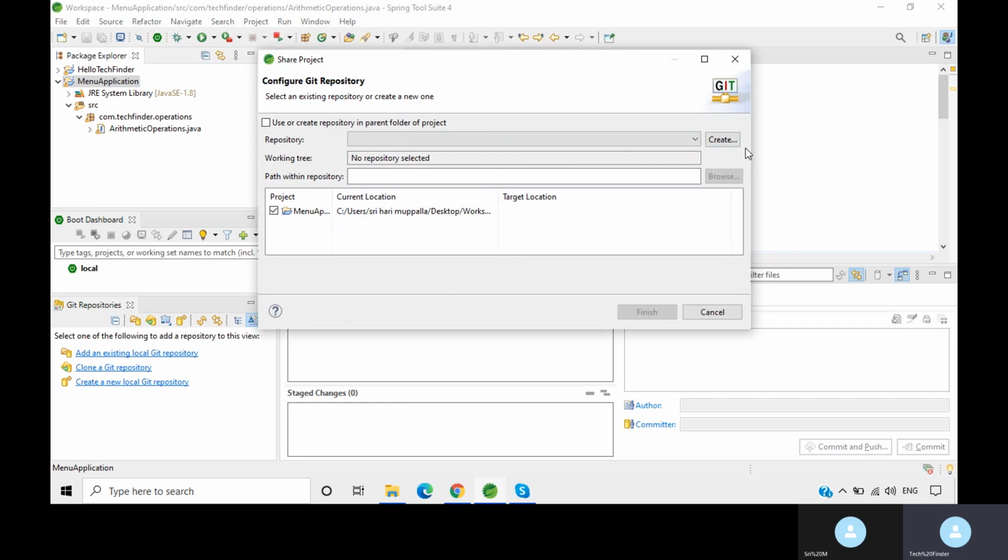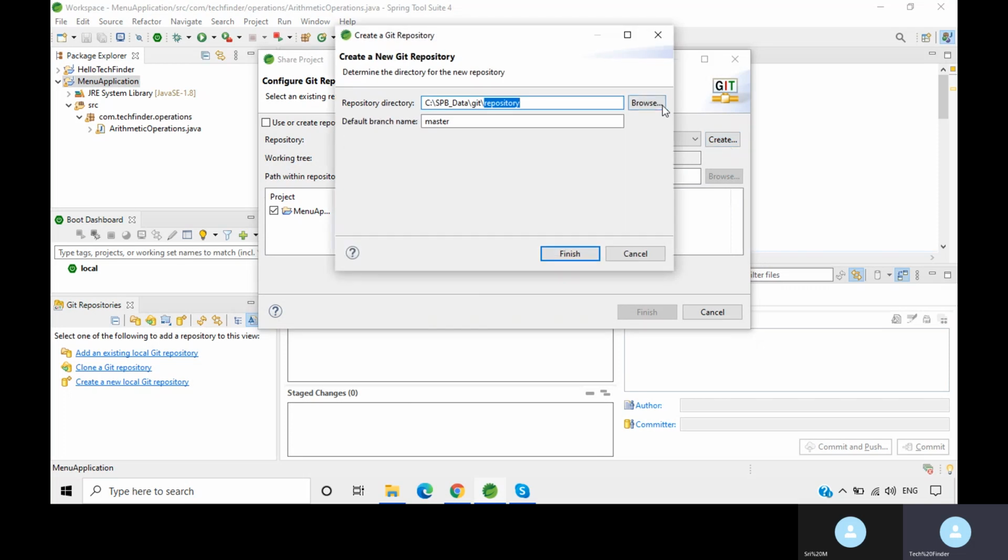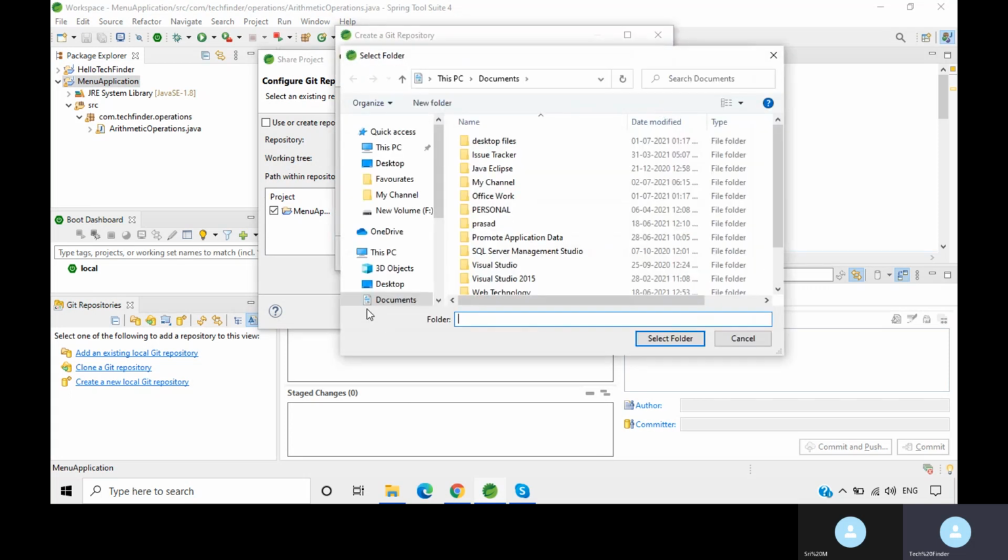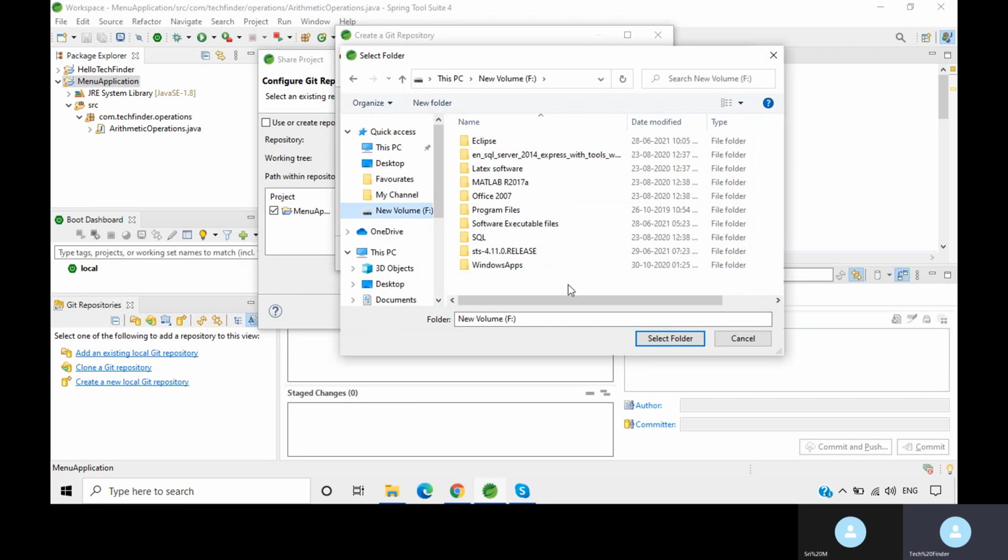We need to create a local repository in our machine. So click on create option and select the folder where we need to keep that local repository. I am keeping it on my F drive. Create a new folder with a name and creating it as Git.